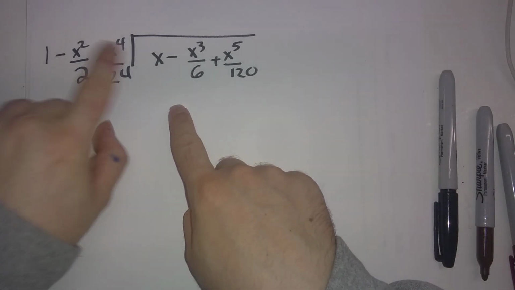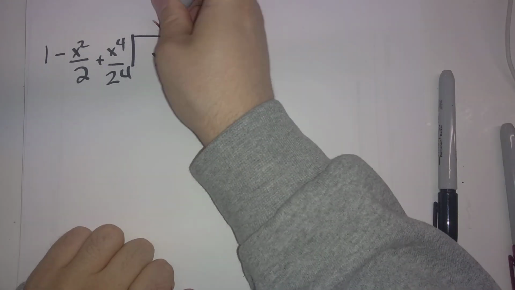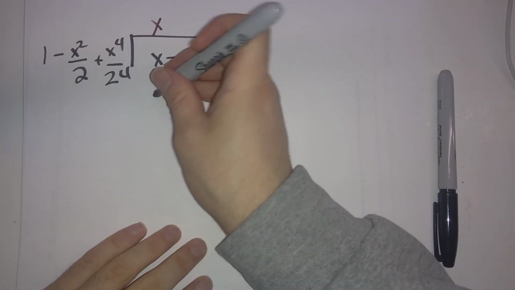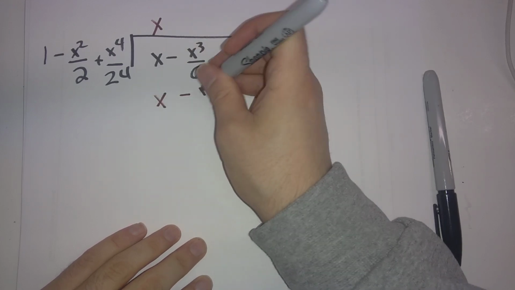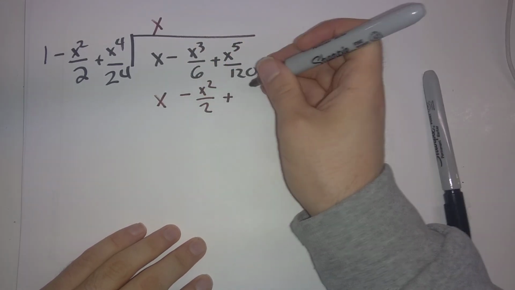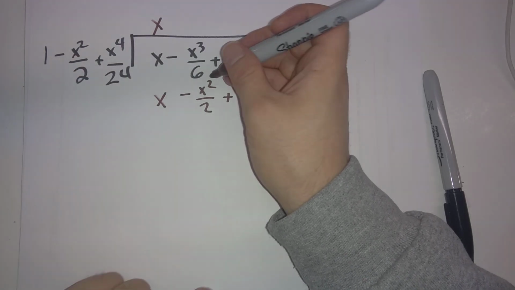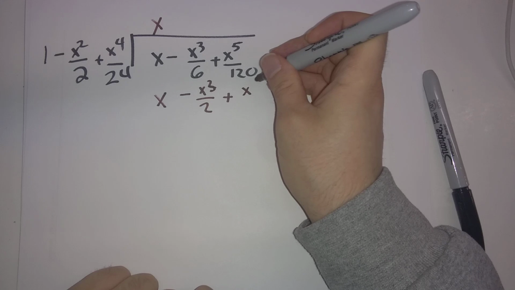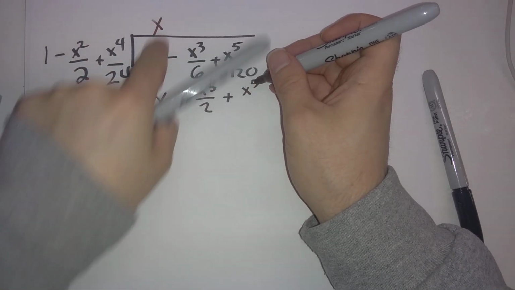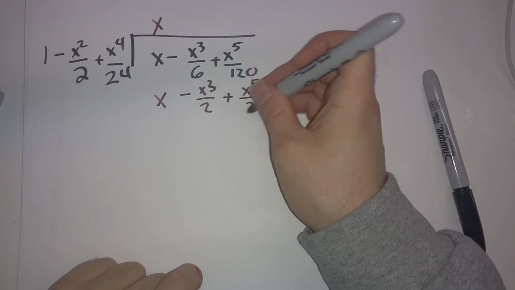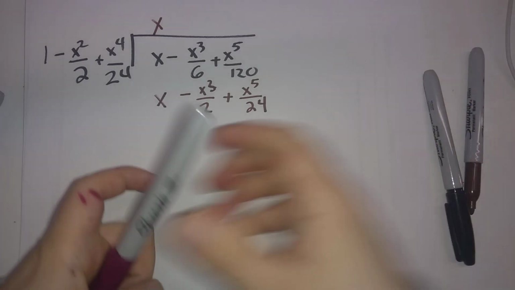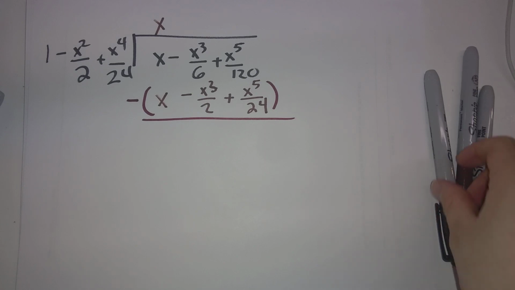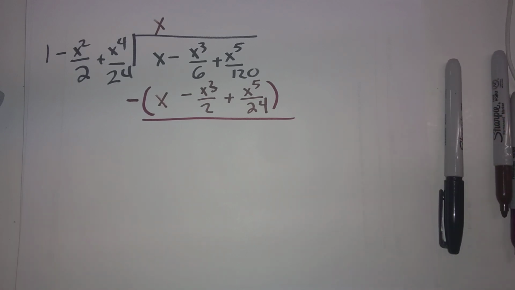So how many times does 1 go into x? X times. And so we're going to copy down, multiply this by x, and we get x minus x squared divided by 2. Sorry, that should be x times x squared divided by 2 is x cubed divided by 2, plus x to the 4th divided by 24 times x is x to the 5th divided by 24. And we're going to subtract this from this right here. And we end up with